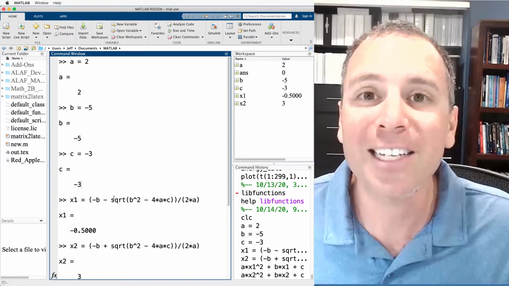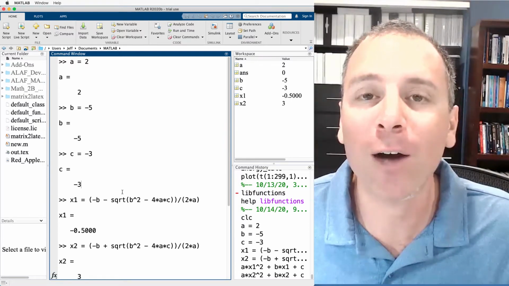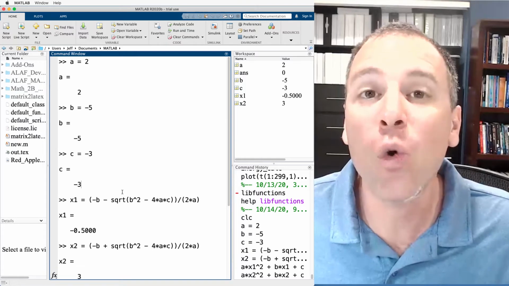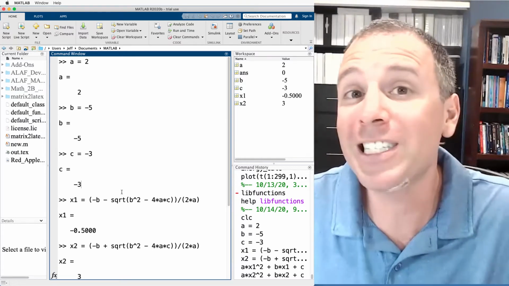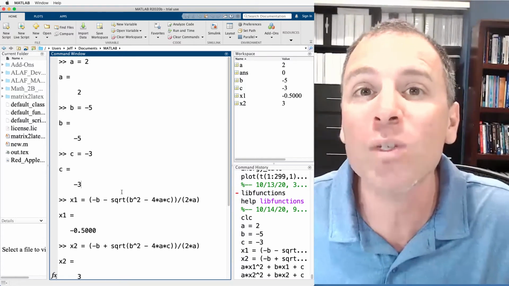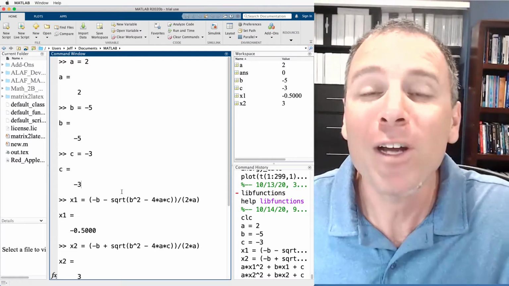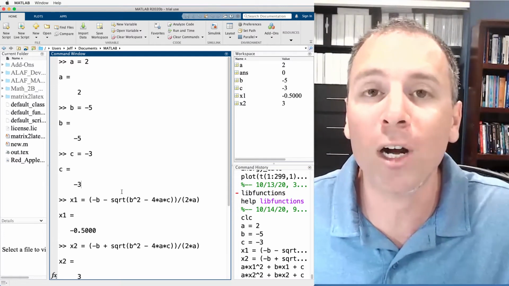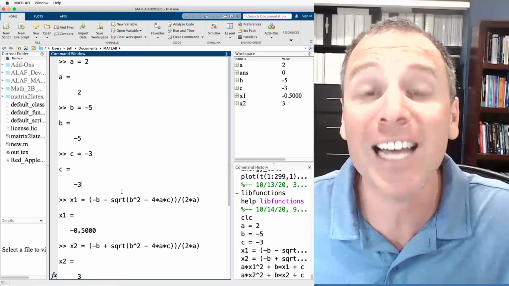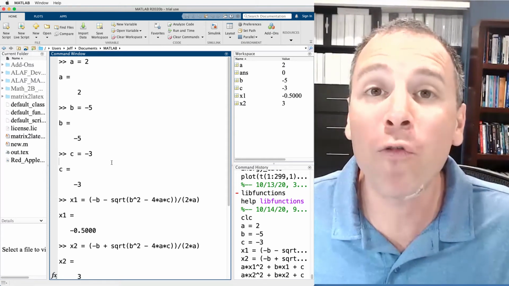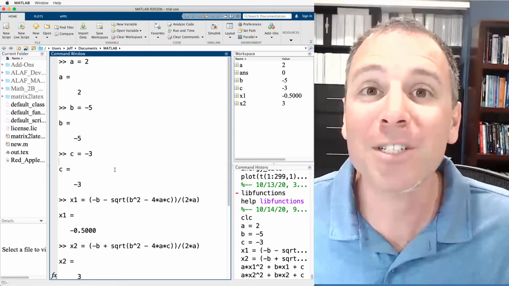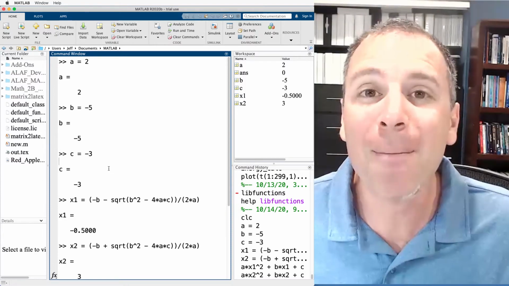This is really nice for back of the envelope calculations and getting a quick response from MATLAB for specific questions that we might have that don't take a lot of work. However, if we try to write code that solves multiple problems at the same time and then test that code, the command window format very, very quickly becomes cumbersome. Let's take a look at why that might be true.